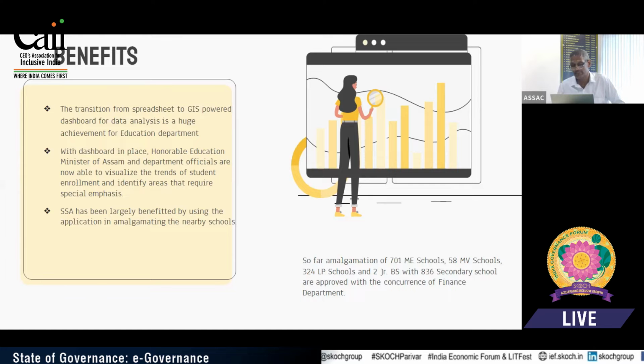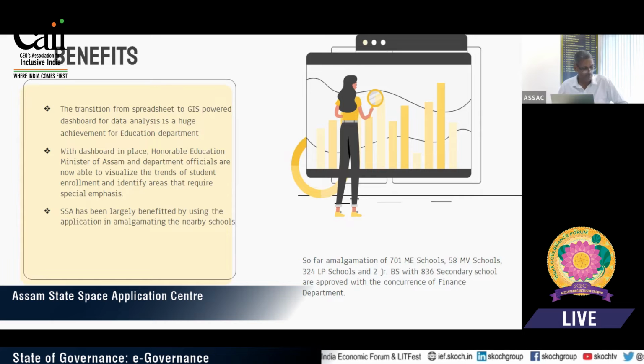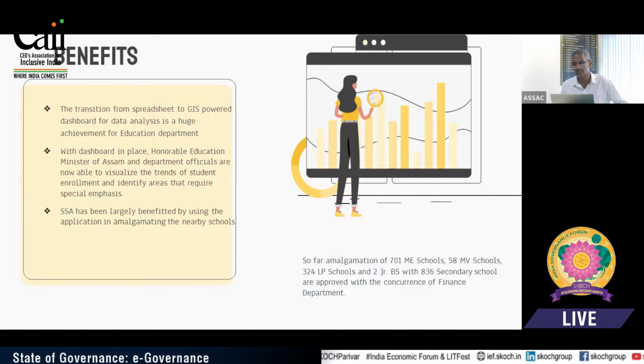So the government has decided to amalgamate some of the schools which are nearby, like within 100 meters, and if they have a small number of teachers and facilities, etc. So that it helps in optimizing the services of the employees and also increases the teacher-pupil ratio and saves administrative costs, etc. So that is one of the benefits of these